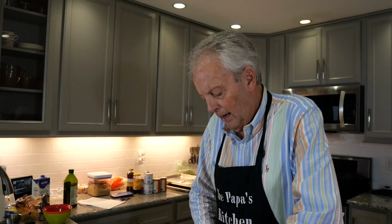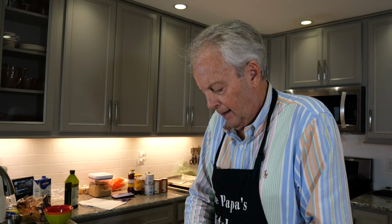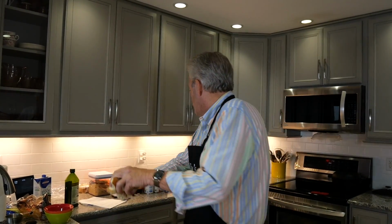By the way, while that's coming up, I got some leftover homemade bread that's been in the fridge. I'm going to make my own croutons, and I'm going to roast these on a baking sheet with a little olive oil. And oh my goodness, this will be good. And then we'll add these to...